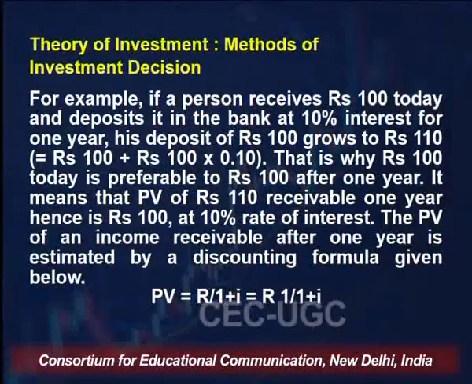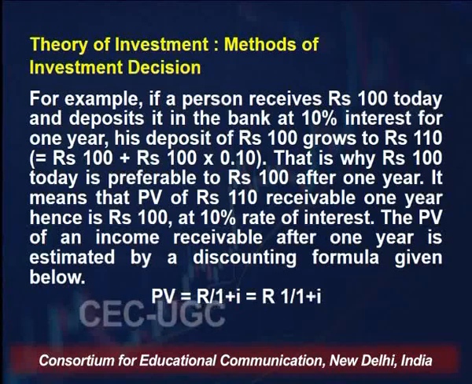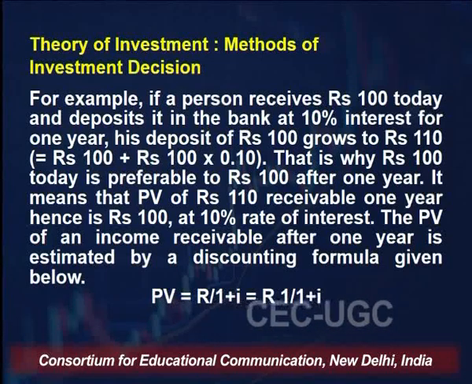Same example, suppose 100 rupees is always preferable today to 100 rupees after 1 year or after 5 years or some other future date. The reason for this preference is the loss of interest on the deferred receipt of the amount. Because if you invest that money in the bank or if you give loan to somebody, you will earn interest on this 100 rupees. Now, going with the same example, if a person receives rupees 100 today and deposits it in the bank at the rate of interest which is 10% per year,